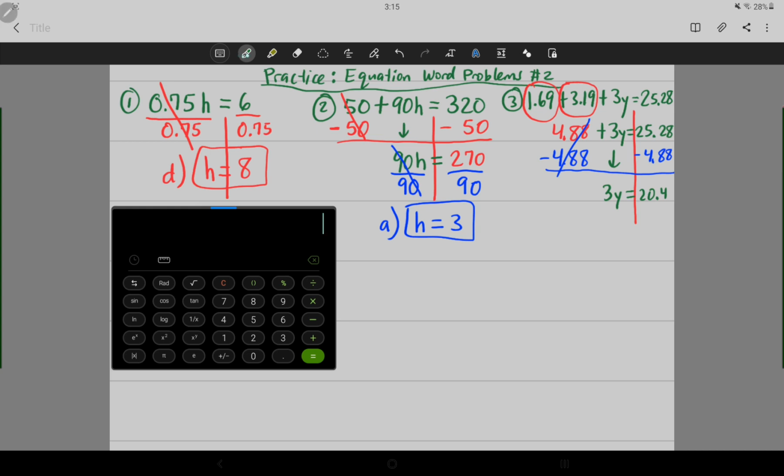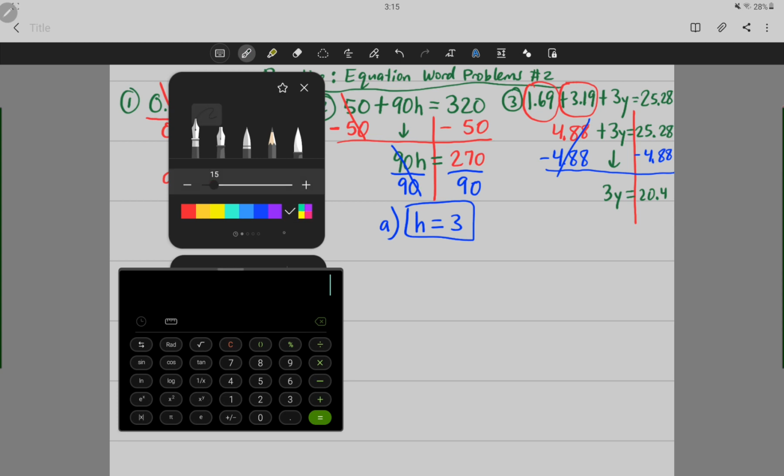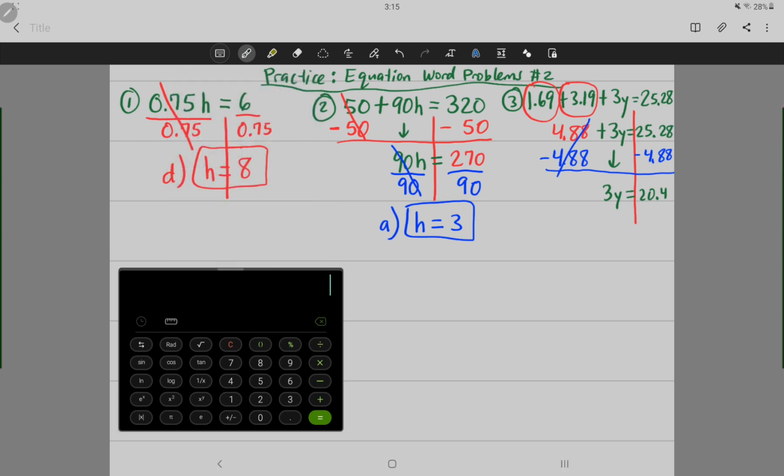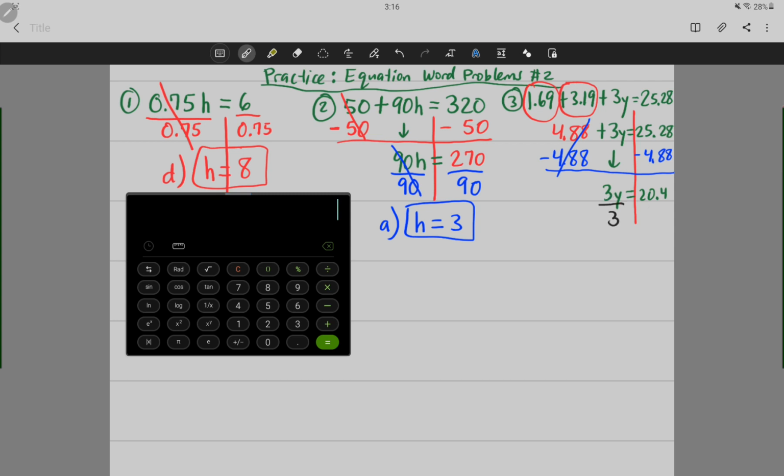It says 3y, which is 3 times y. So again, with an equation, whatever operation we're looking at, we undo it with its opposite. So instead of multiplying by 3, we have to divide both sides by 3. Remember, always divide by your coefficient. Coefficient is just a number in front of the variable that you're trying to get to go away. 3 divided by itself is 1, so just cancel that. Bring down y and equals,